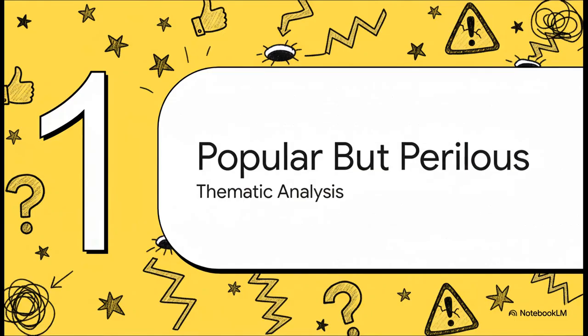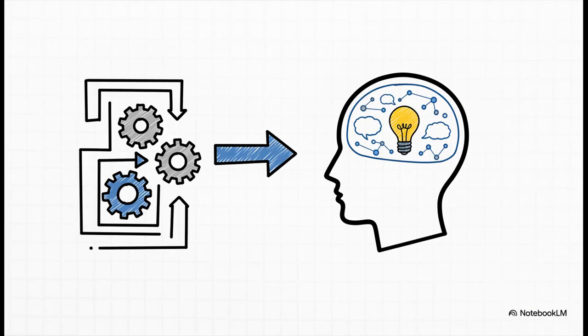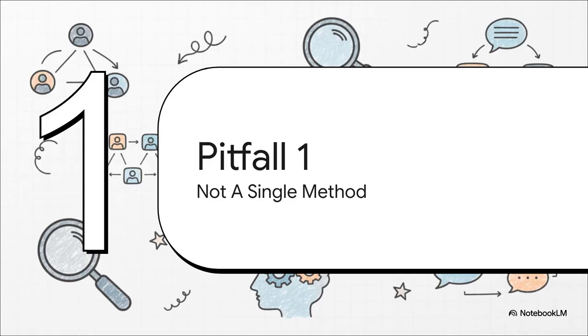So yeah, while TA is incredibly popular, using it well means you have to navigate a few common perils. Braun and Clarke point out several pitfalls that can really weaken our research. But by understanding them, we can seriously improve the quality of our work. And look, the big goal here isn't to just blindly follow some six-step process you found online. It's about becoming a knowing researcher, someone who's really thoughtful, deliberate, and reflexive, someone who truly owns every single one of their analytical decisions. Okay, so let's jump into the first major pitfall, and this one is a biggie.